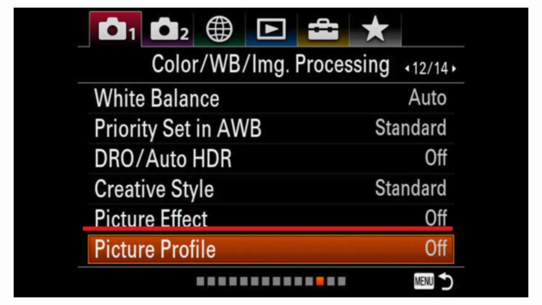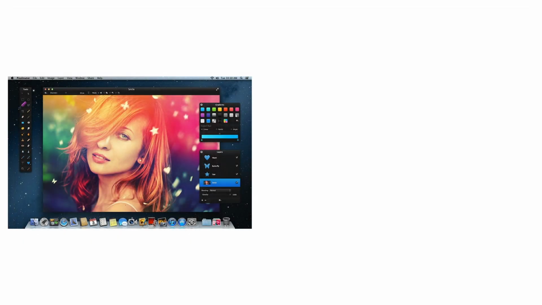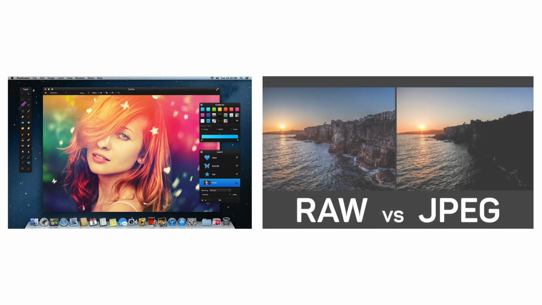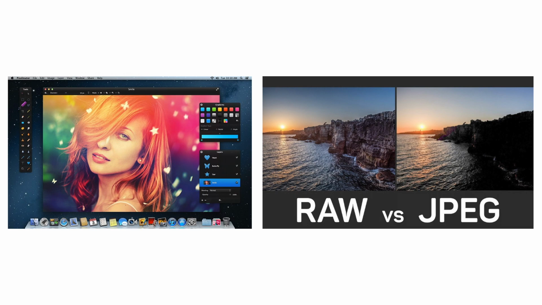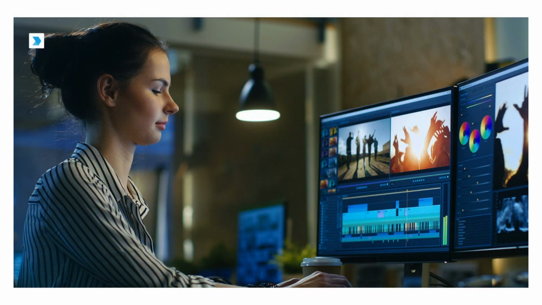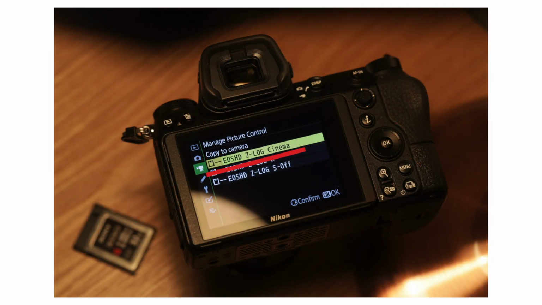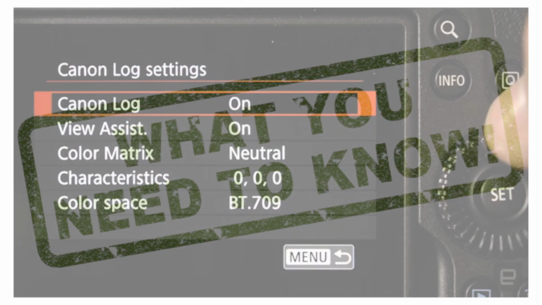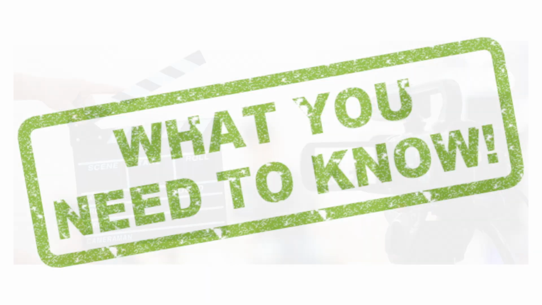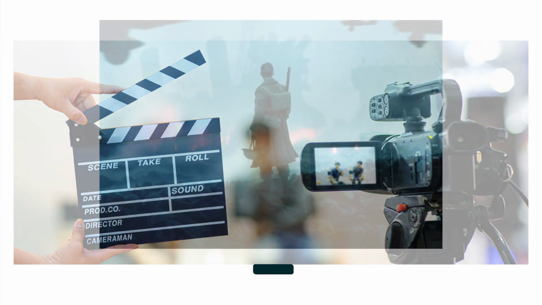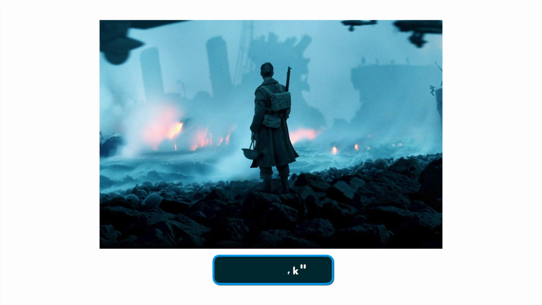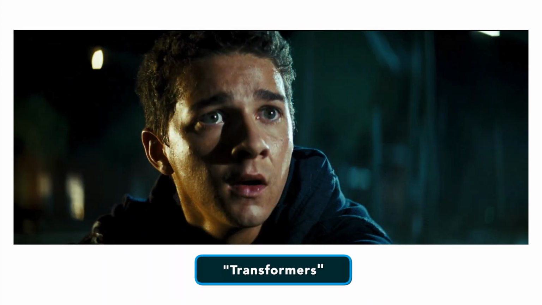Your standard image profile doesn't have this flexibility. It's similar to the limitations you face editing a low-resolution JPEG file versus a RAW image file. It just doesn't have the information to allow you to make the edits you envision. And given the high level of content available, this is something you can't ignore. Even if it's something you don't always use, shooting in a log profile is in the need-to-know category for video work moving forward. Why? It makes your footage look better, and better helps you to get paid more.